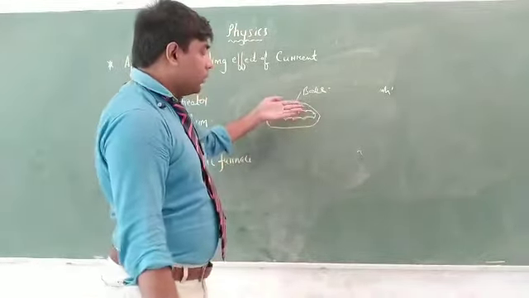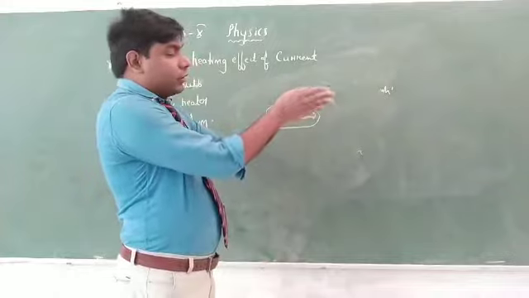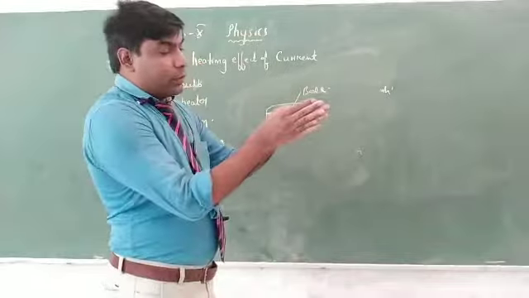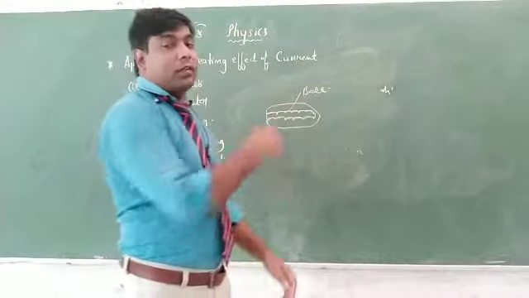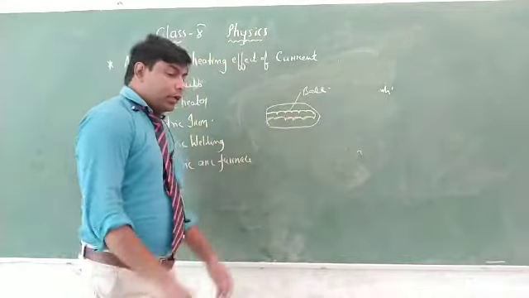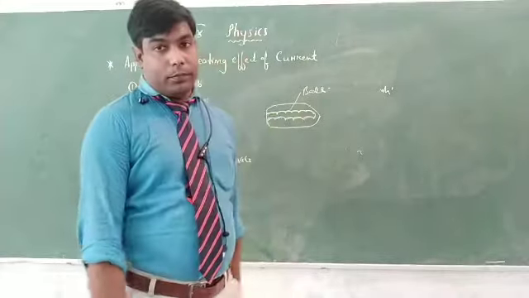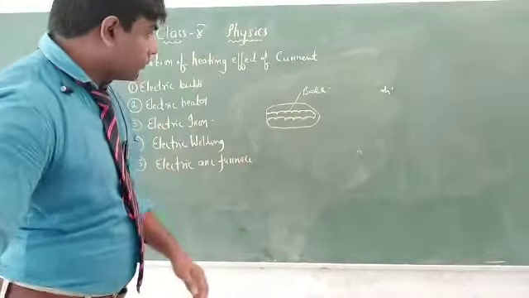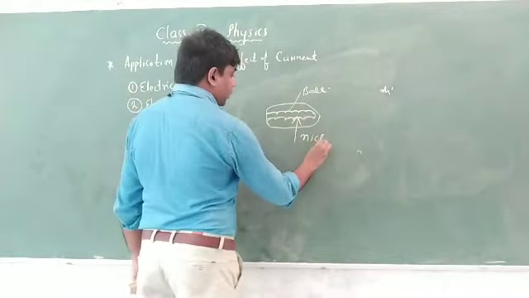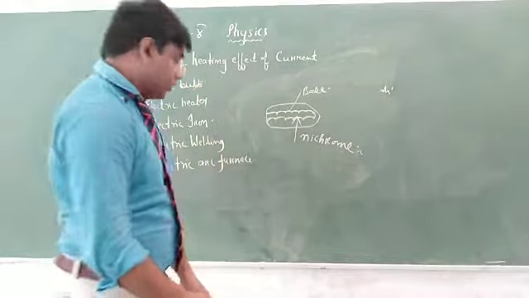And here generally we don't use metal, right? The nichrome wire is in touch with the mica sheet, and the heat produced in this nichrome wire will be transferred to the mica sheet, and that heat is utilized to press the cloth, right? Here we are using the heating effect of current. Nichrome is used because of high melting point and high resistivity.